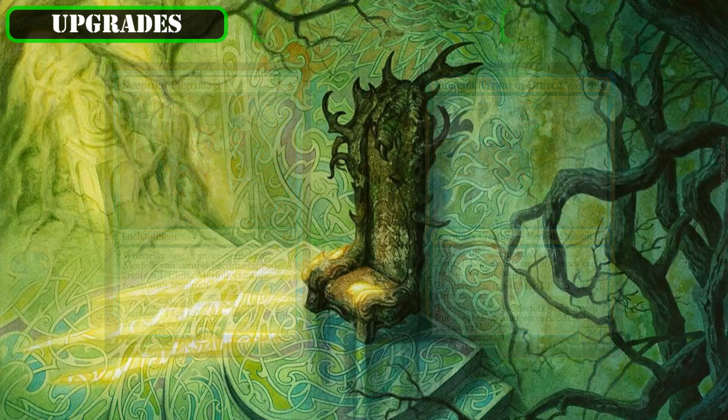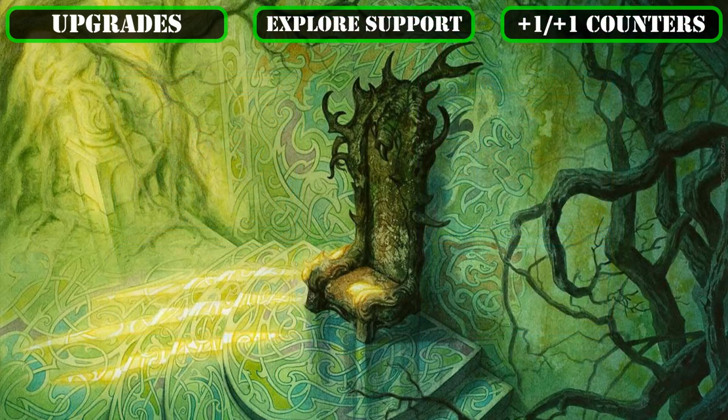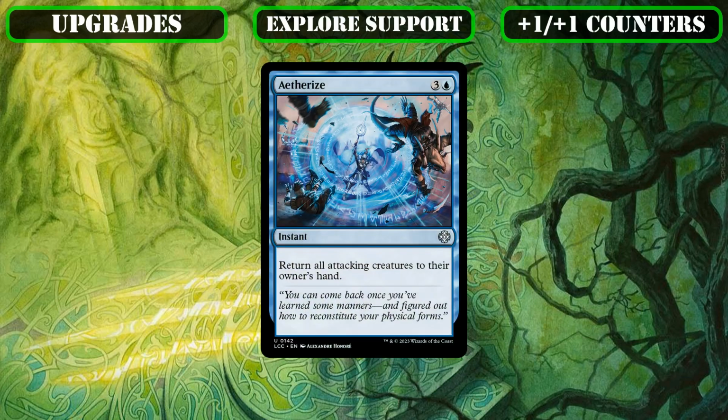Now, with all the new additions to our merfolk game plan covered, let's move on to the changes we'll be making to the build that support Hakbal's passive explore granting, starting on the +1/+1 counter side of things by removing Aetherize, which is too much of a defensive wipe for us to make use of, considering that most of the time our board should be the biggest and have few people willing to attack into it,